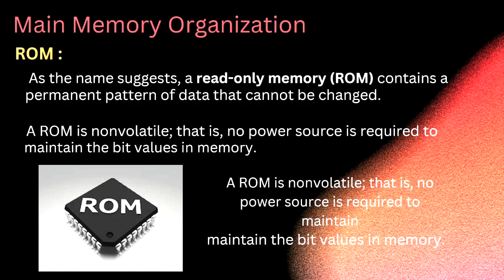We will now learn about main memory organization. The memory is organized in the form of cells. Each cell is identified with a unique number called address. Each cell is able to recognize control signals such as read and write generated by the CPU when it wants to read or write the address. Now we'll talk about the types of main memory.